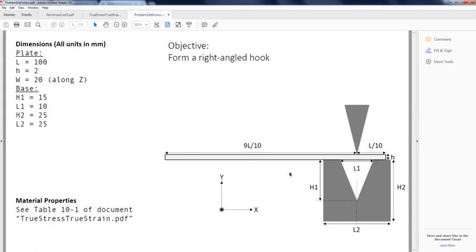Before we immediately jump into creating this model, we can look at ways to simplify our model. This geometry doesn't look like a symmetric geometry, but if you do a free body diagram and you imagine that this is being pushed down and there is a single point in contact, you can effectively take only half of the model, because if you take the same length to the left, this whole part would move up and it will be free from any loading.